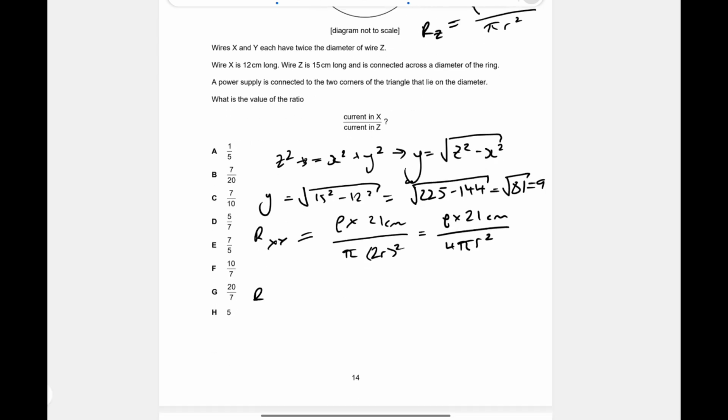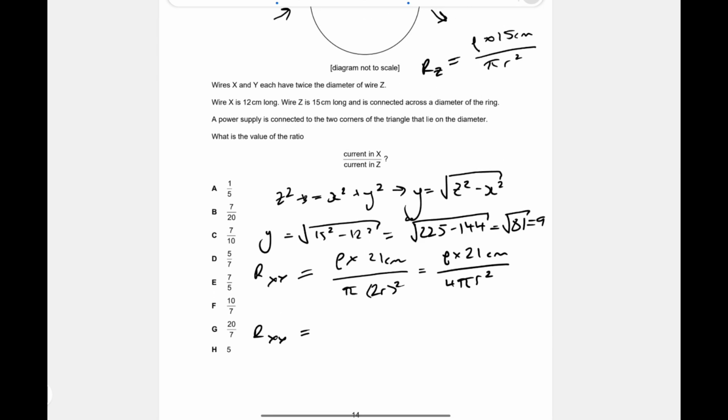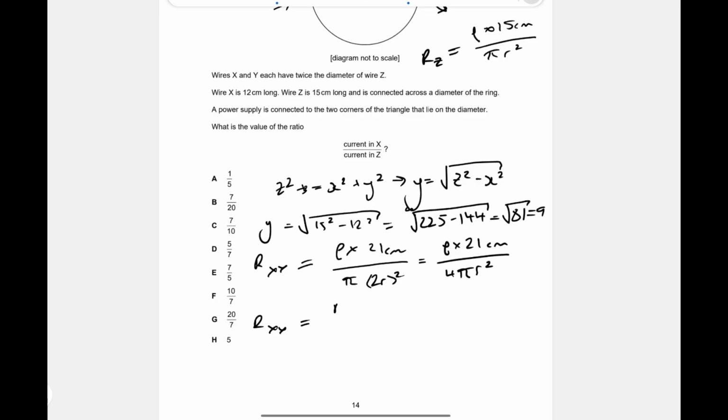So that means Rxy equals Rz over 15 centimeters times 21 centimeters over 4,